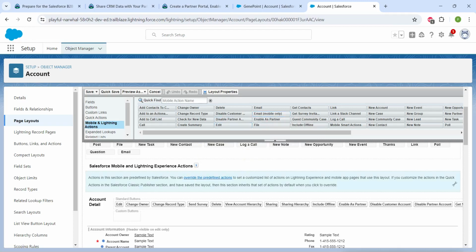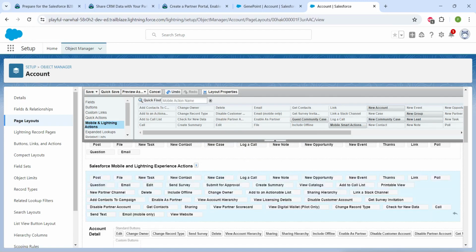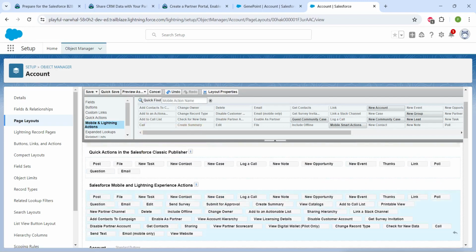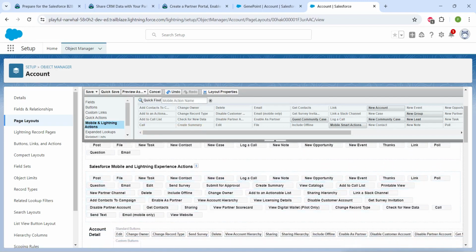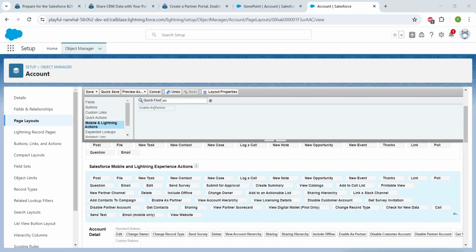So for that, just click on this override the predefined action link, which is given right over here in highlights, and now you can drag it. So here if you see, enable as partner has been already added into the section. Now just click on save,